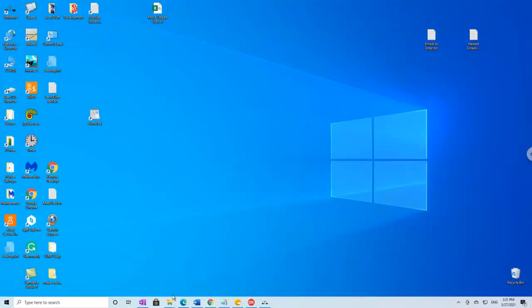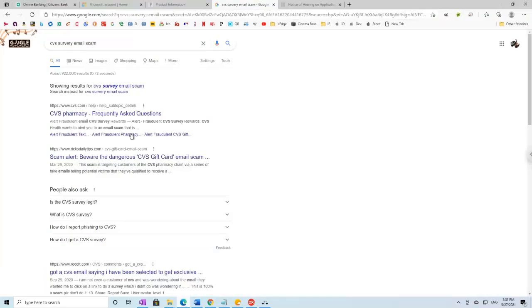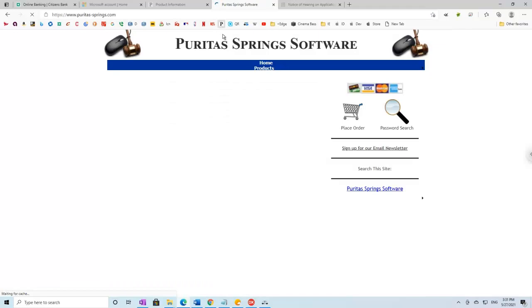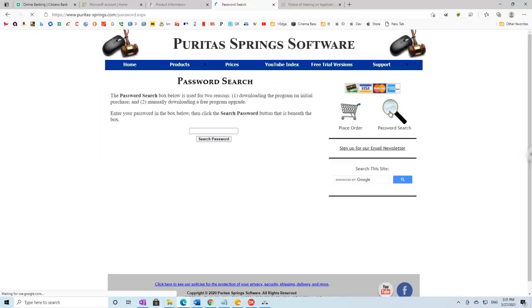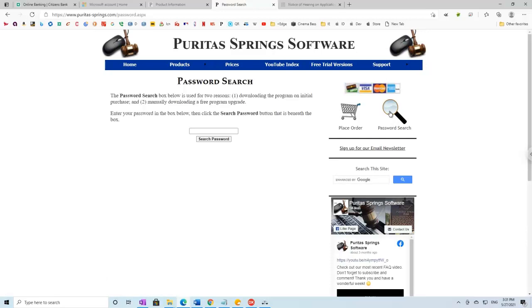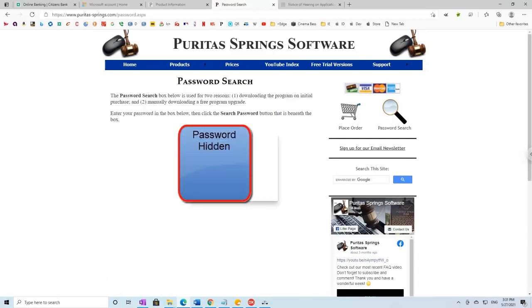And we're going to find, there's Microsoft Edge, doing some scam research there. Oh, wait a minute, we've got Puritas Springs as one of our favorites, of course. There we go. Let's do the same thing all over again. Password search, put in the password,